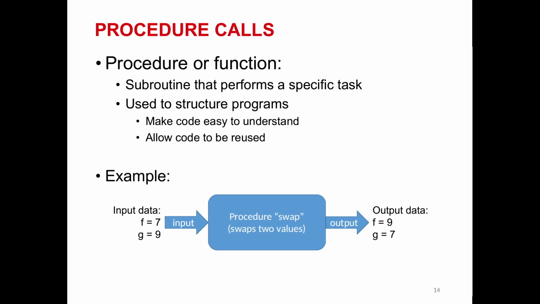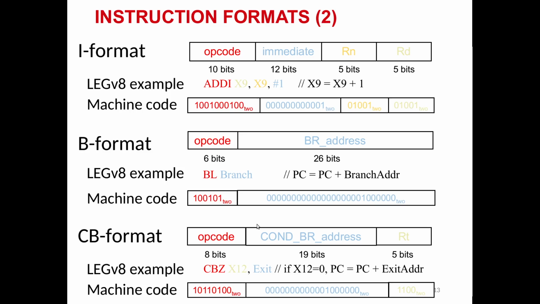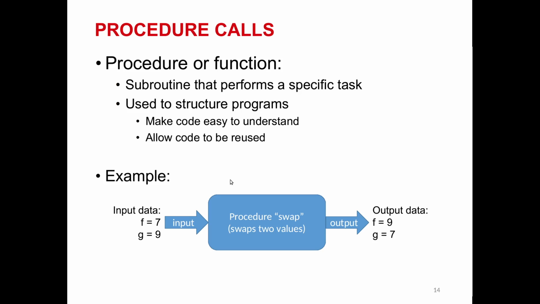After that you can give the input to the procedure and then call the procedure with the BL instruction, and your program will run to this procedure and execute it until the end. It will give out the result of the swap function, and then it jumps back to the location where you called it, so that you can use it many times from everywhere in your program.